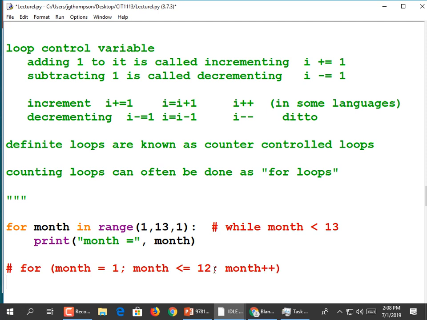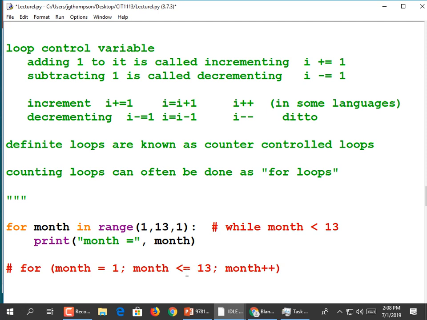Same idea, right? You're picking a starting point, you're picking a stopping point, you're updating it, but you have the freedom in those languages of expressing this how you want. You could change that to less than 13. It would perform the same. It would still count from 1 to 12. It would match Python syntax exactly, but